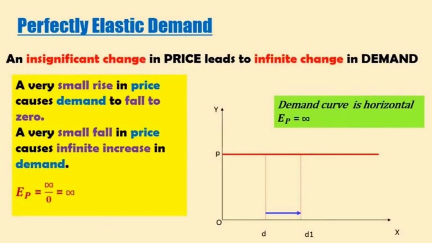A very small change in price leads to indefinite change in demand. So a very small change in the price causes demand to fall to zero. As I told you, you can see the commodity kept here in the graph. You can see where it is when the price is too high, from 0 to P on the Y axis and your X axis. When the price is very low, the demand is also going to be more. When the price rises to P1, the demand decreases to D1.